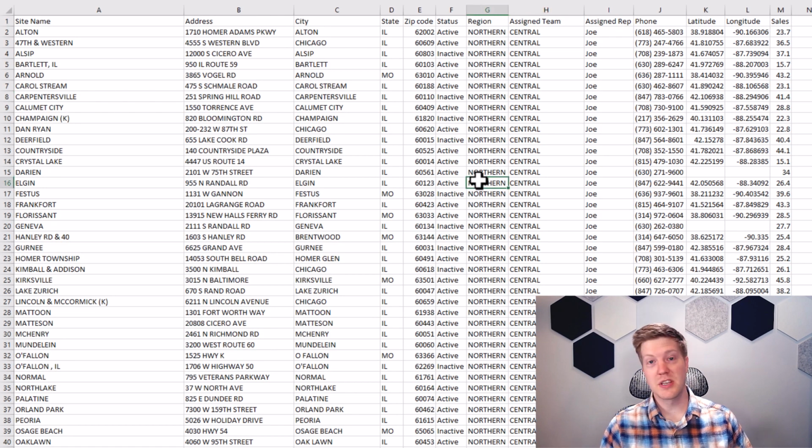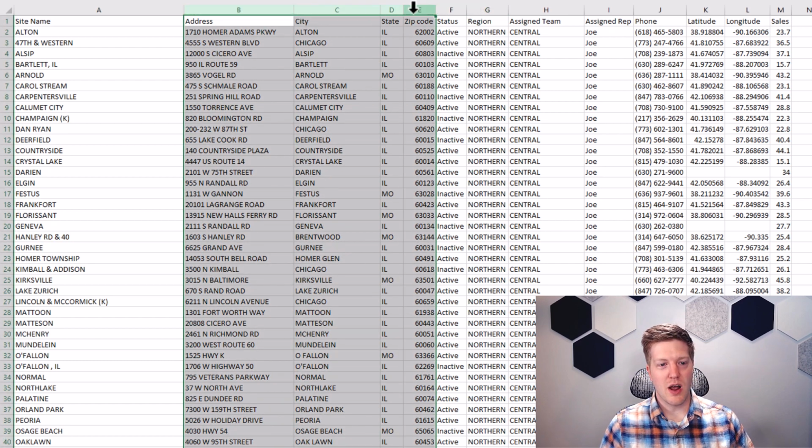Okay, so this is the data I'm going to bring into Mapline. Now, this is not a template. This is an example. So your data can have 3 columns or it can have 30 columns. It's all fine. All of it's going to work in Mapline because we're awesome. So the address data here, I've got it split out across multiple columns. You can have it all in one column. That's fine. I've even got latitude, longitude. That also works. The point is, as long as you have some type of address data,